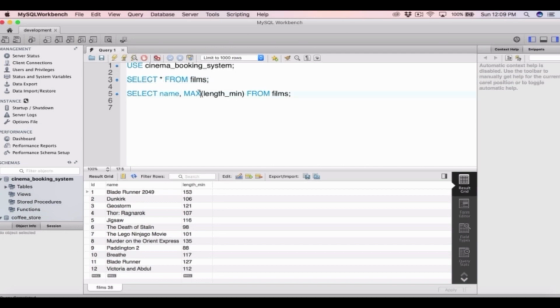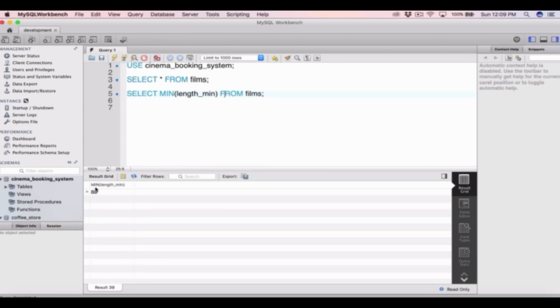So to do that, we can just come in here and we can apply the min aggregate function to our length min column and run that statement, and you can see it returns 88. So our shortest film is 88 minutes, so just under 1.5 hours. So that's how we return the minimum value in a given